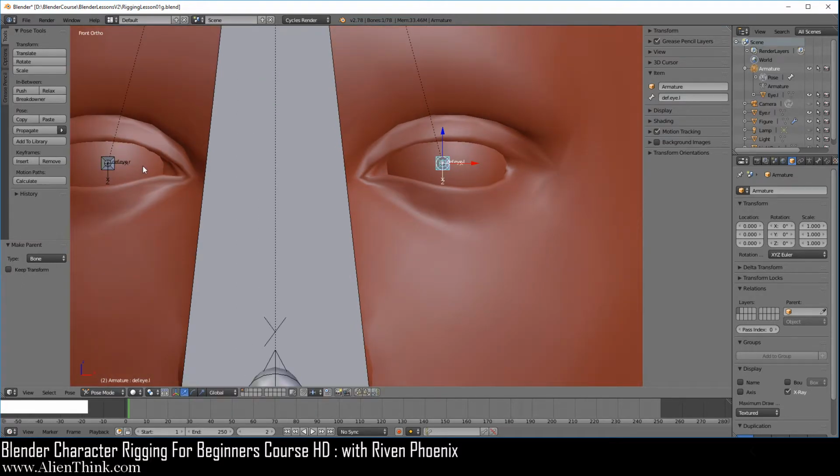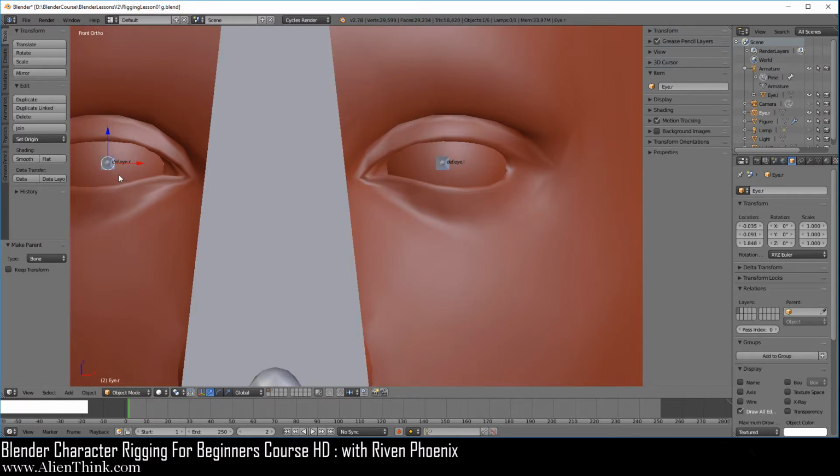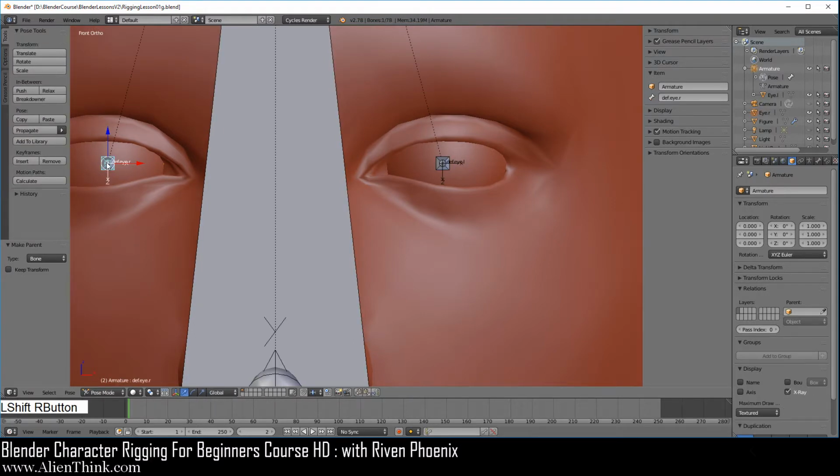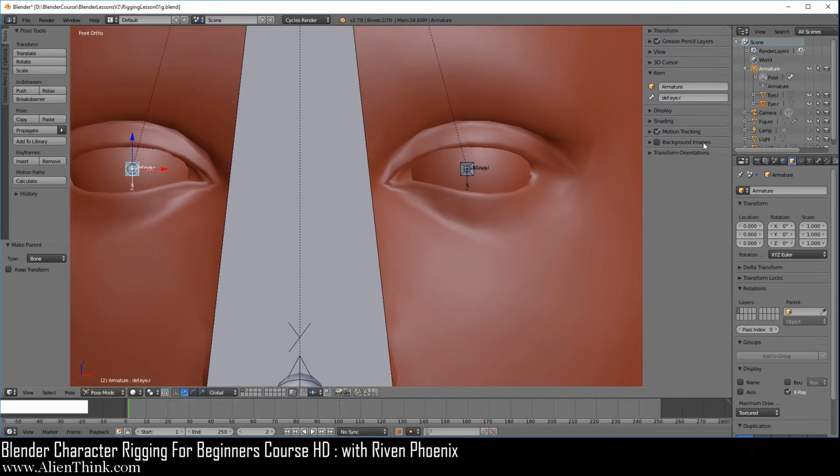Go ahead and do this for this eye over here. Click on this eye, press the Shift key down, click over here, do Control P, and now do bone. And press the R key 2 times just to make sure that everything's moving over here. So notice that over here, both eyes are now the child of the armature.